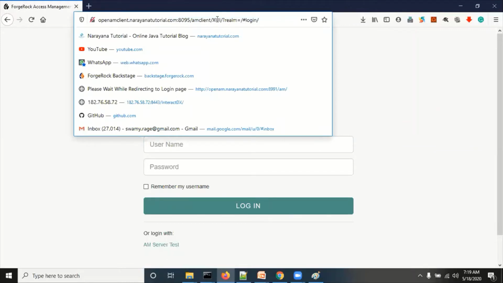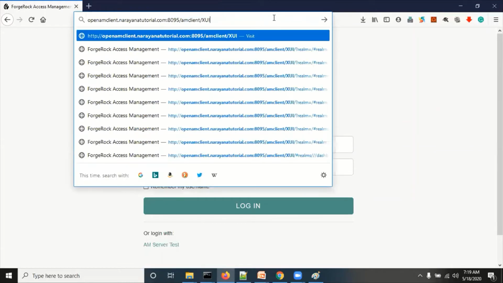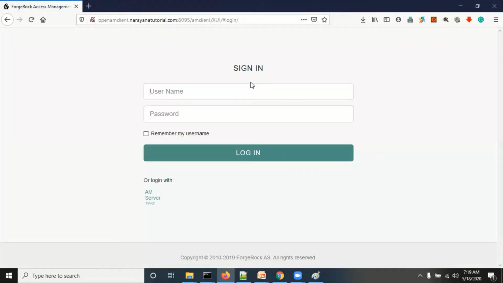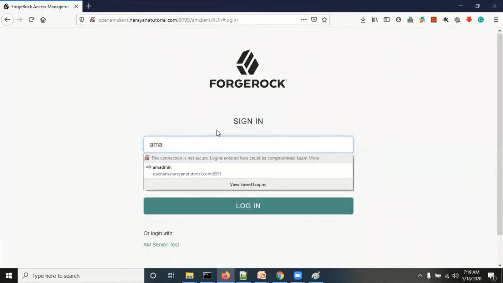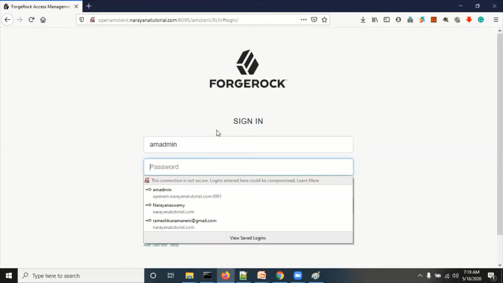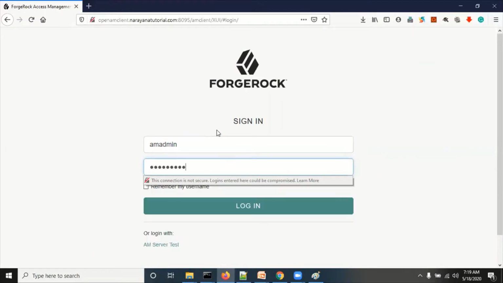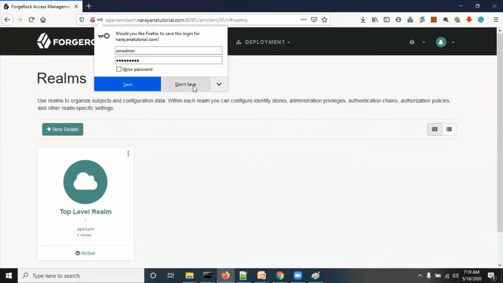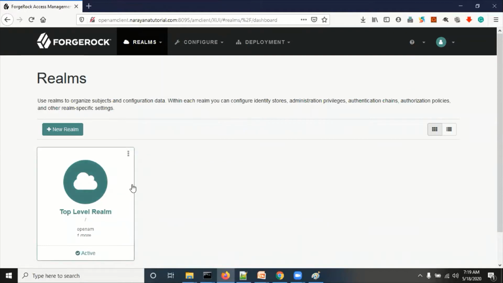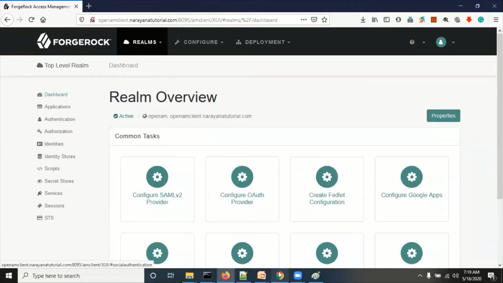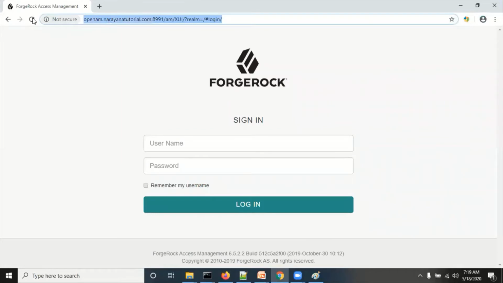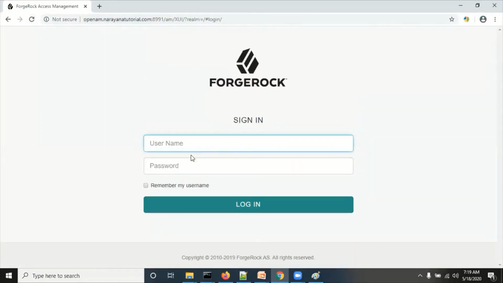Login with the admin user. And this is my OpenAM server application, the IDP server application.